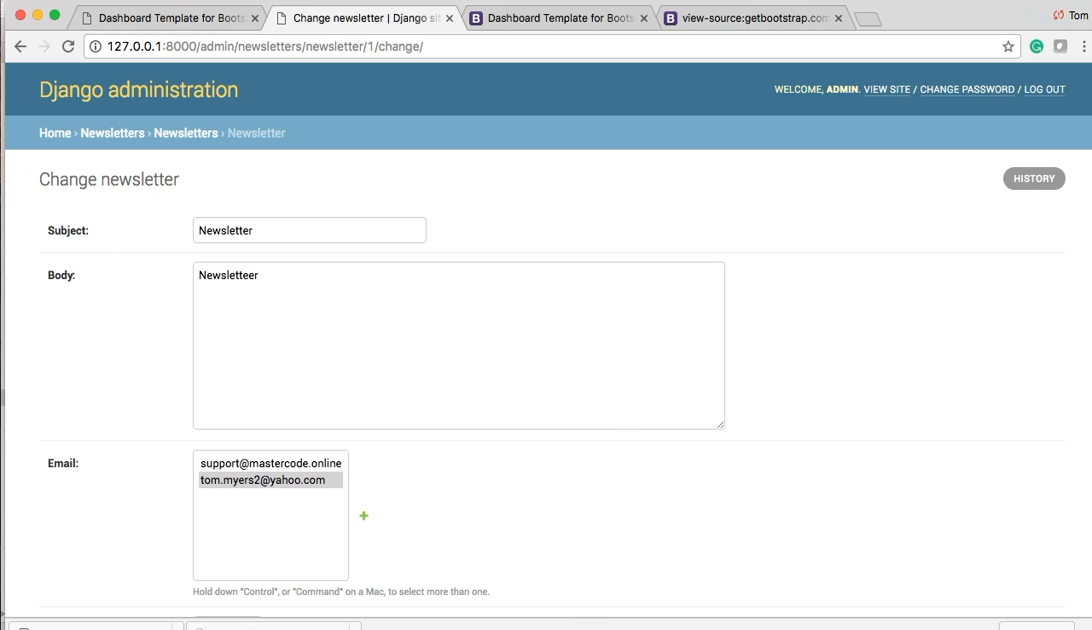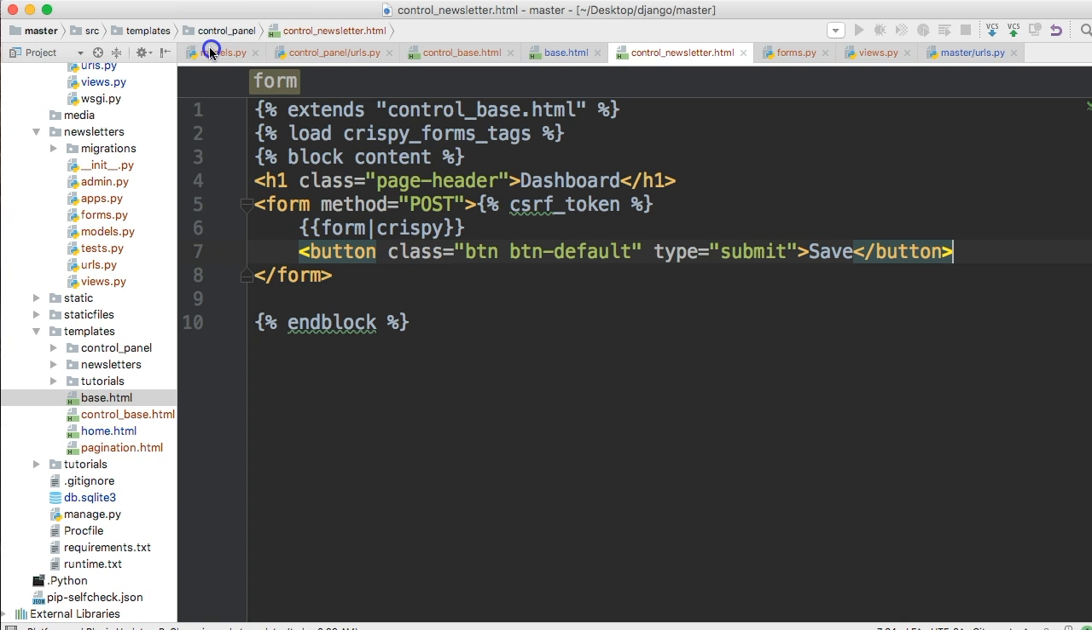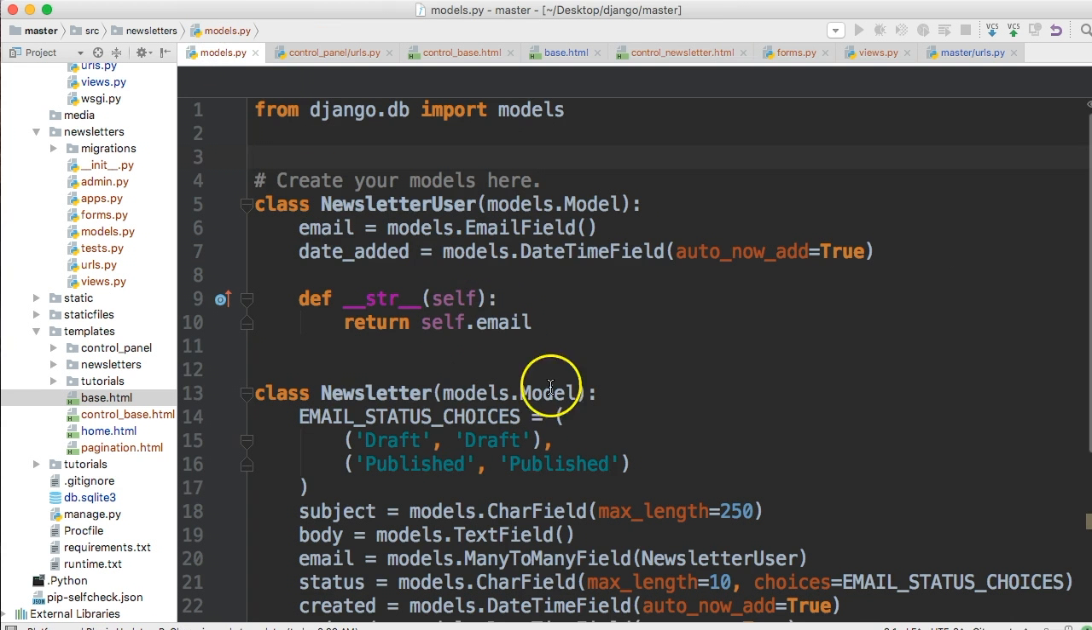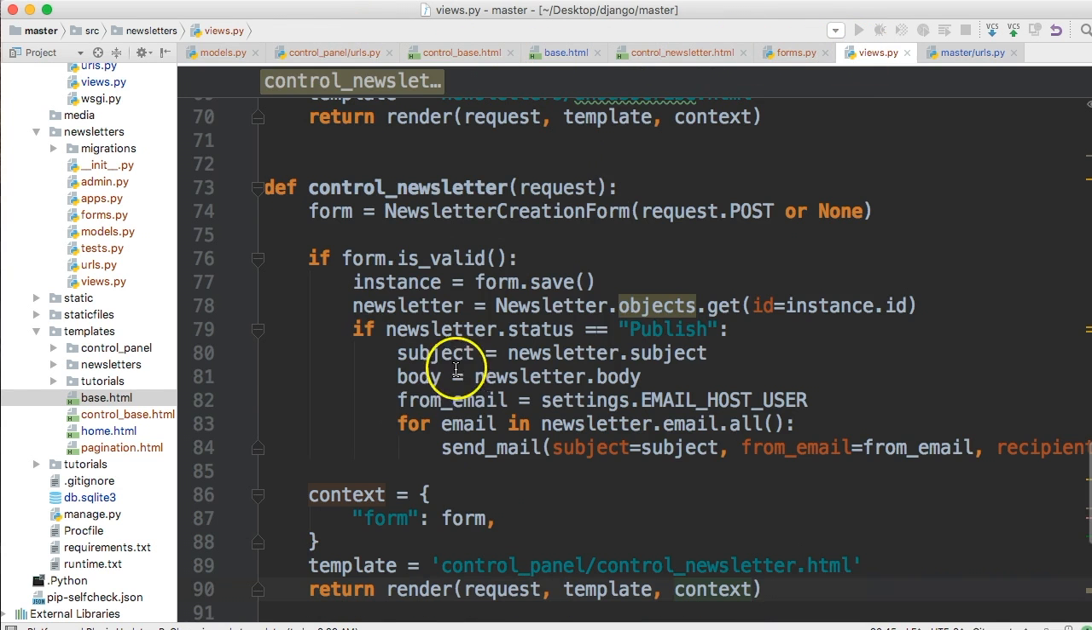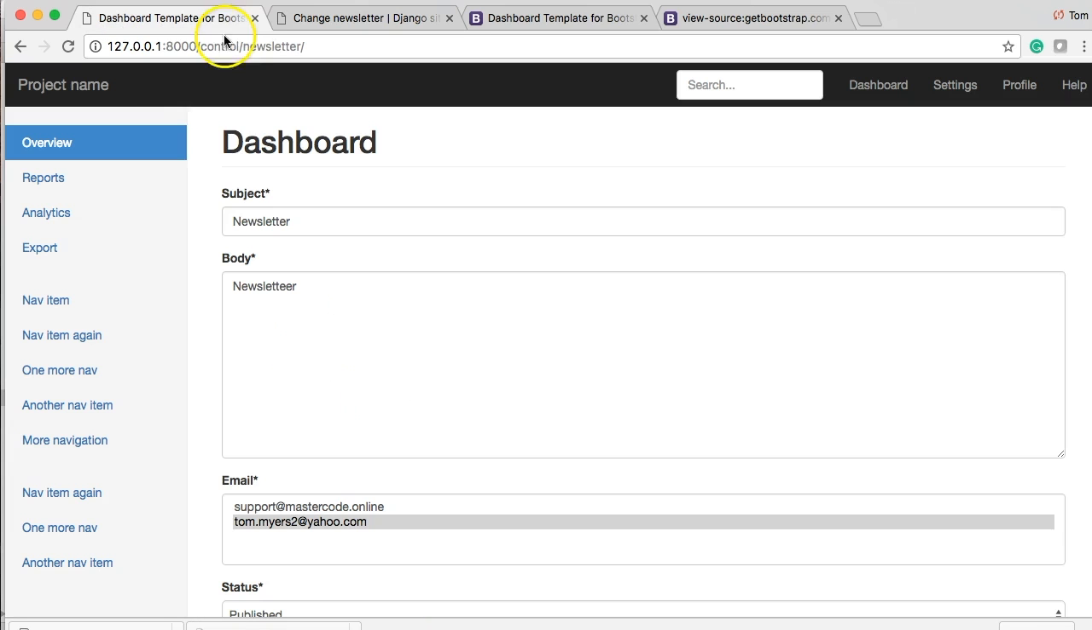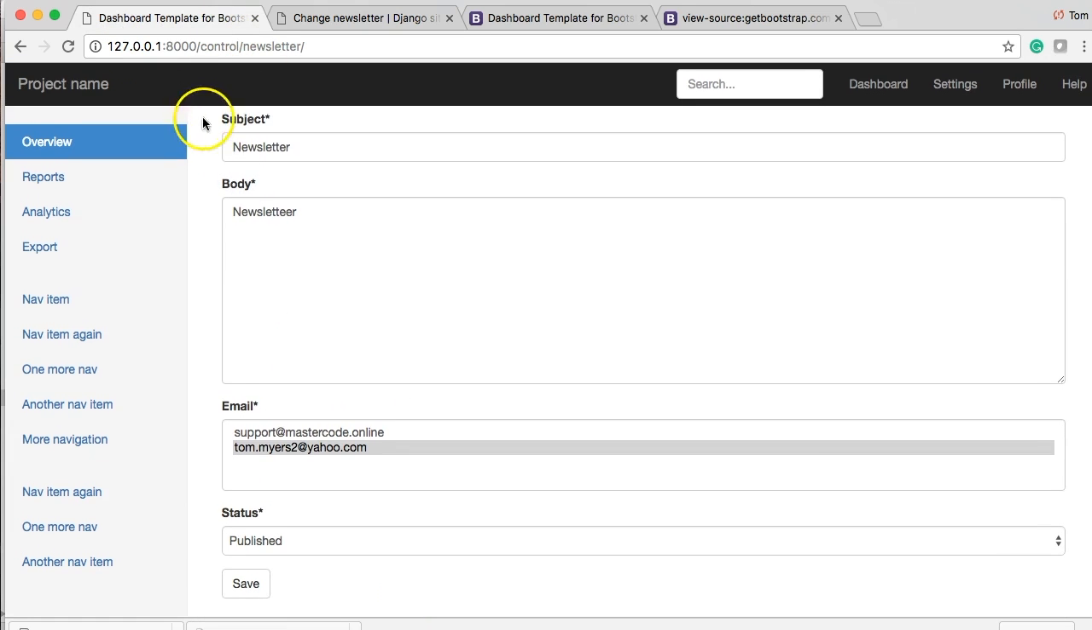No. Let me check the models real quick. Did we call it published? Yeah, we call it published. That's why. Alright. So this should be published. I was right the first time I did that. There we go. Now go back and